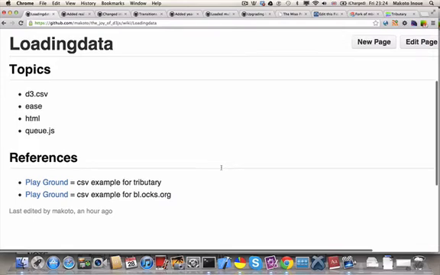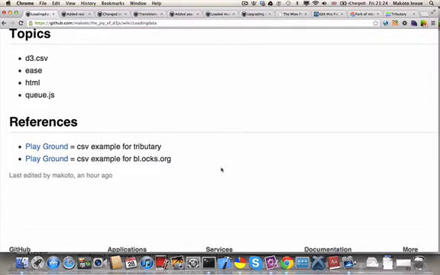Here are today's topics. d3.csv is a function to load a CSV file and convert it into a JSON object. Ease is a function to smooth the way transition works. I also show that you can change HTML elements, not just SVG. Finally, Queue.js is an external library to mix with D3 so that you can load multiple data sources without using deep nesting. Unlike the last few tutorials, there are fewer topics you need to digest, though the visualization becomes more exciting with actual data. So let's start with checking out new